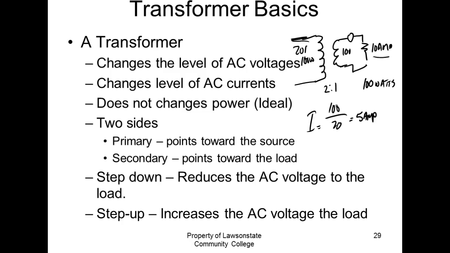They do a little bit. We call it the efficiency of the transformer. But for our purposes, we're going to assume they're 100% efficient. And one lab we used to do where we did this. We have two sides of a transformer. The one called the primary is the one pointing toward the source of the power. So all the primaries are pointing toward TVA here, right? You understand? And all the secondaries are pointing toward the load. We don't usually see the big substations out there. All we're going to see is just our